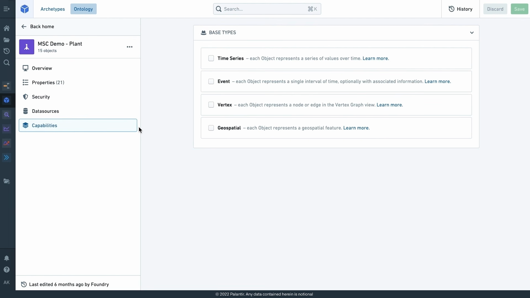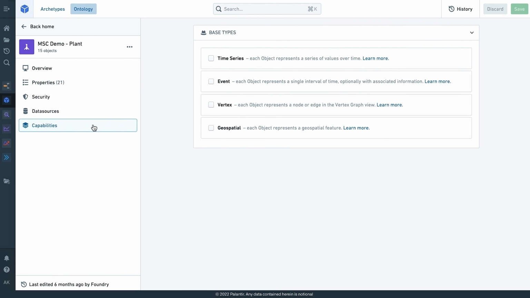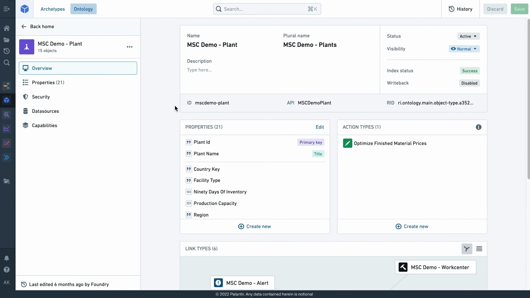I can also prime these objects for different types of workflows. It might be the case that this plant object is going to be primarily doing simulation-based workflows or geospatial workflows. And what we can do here is preset some metadata, which we can always manually set ourselves, that will just get us, again, time to value faster. Let's get these objects up and running so we can start to work with them. And the idea is you do a little bit of configuration work here, which again can be templatized to a large degree, and business users can then dive in and immediately start to make use of this data in a host of different out-of-the-box applications in Foundry.